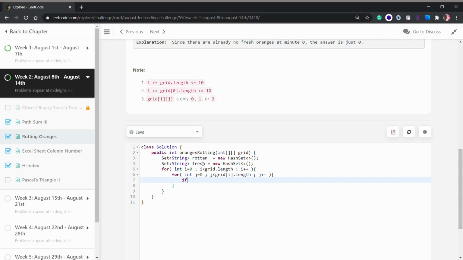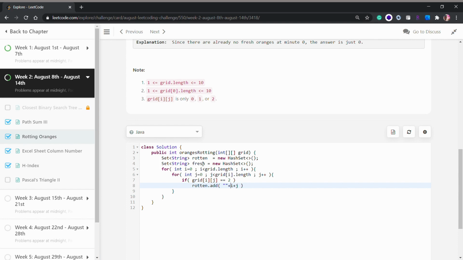Now we check if grid[i][j] equals 2, which means the orange is rotten, so we will add to rotten: empty string plus i plus j.